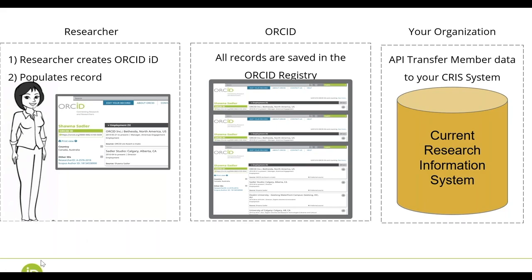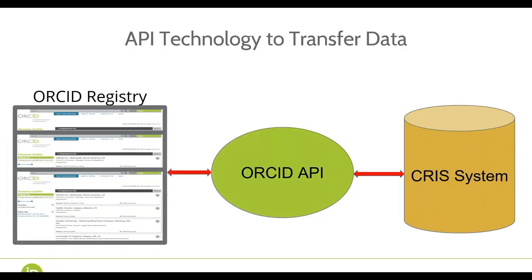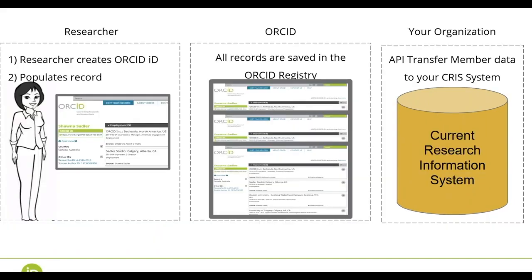So first is the researcher with an ORCID ID and record full of their scholarly activities. Second is the ORCID registry. This is ORCID's infrastructure that holds the ORCID IDs and records. Currently, we hold just over 8.3 million of these records. So in the middle column, ORCID holds 8.3 million of these records from scholars around the world and in every